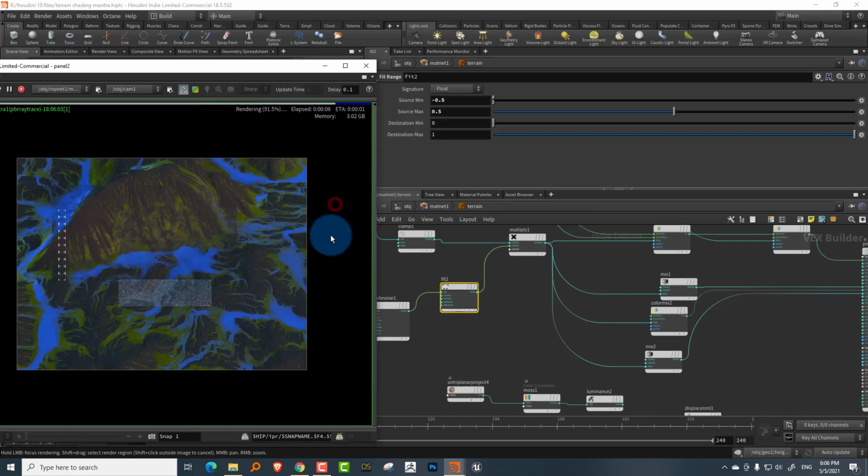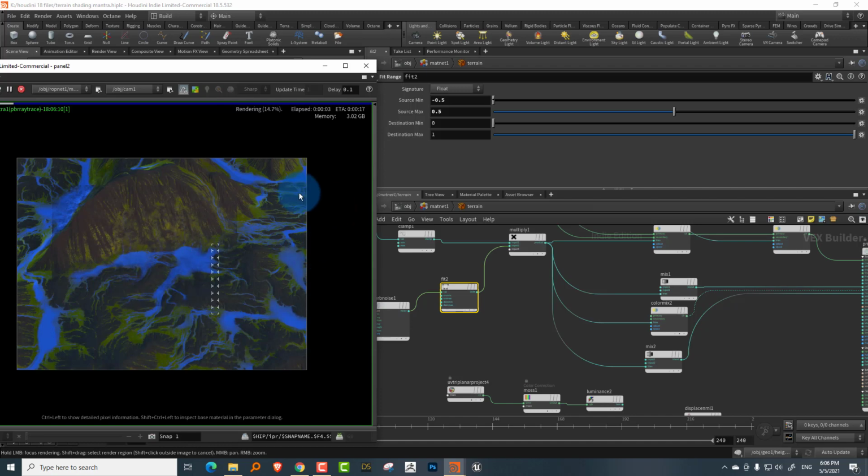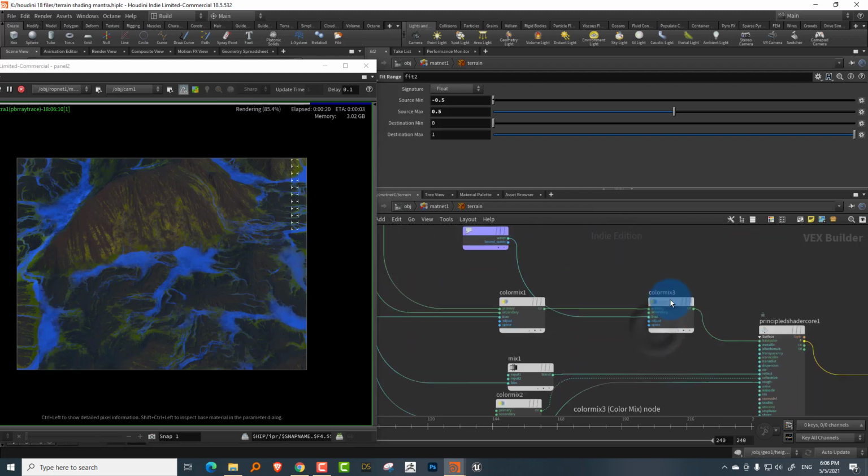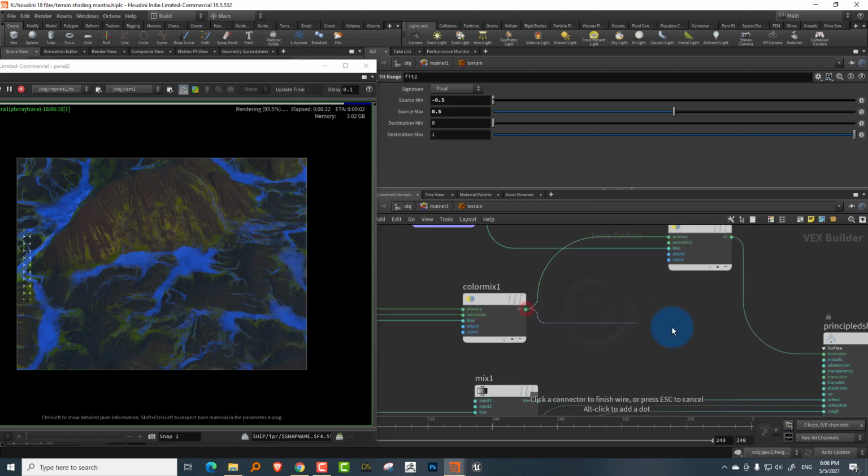Yeah, so what happens is, now because there's a noise map mixed into it, your grass isn't just based on the data that you're getting from the attributes. You also have additional texture on top of it. Let me just get rid of the water altogether. It was just for fun. I'll just bring back the basic thing. Yeah, there you go, see, so that looks a lot better. Rather than having it just based on the attributes, you mix it with noise maps and stuff, it will look a lot better.